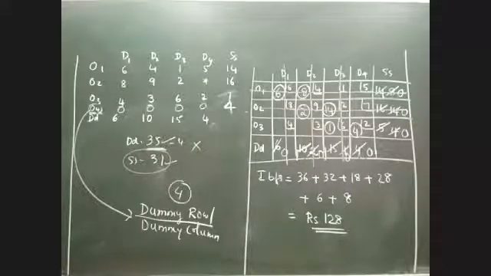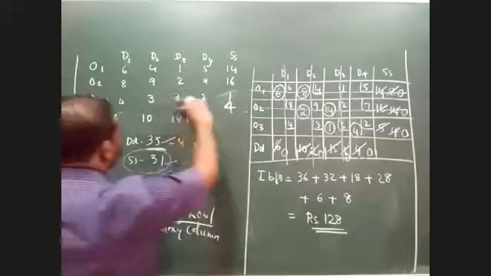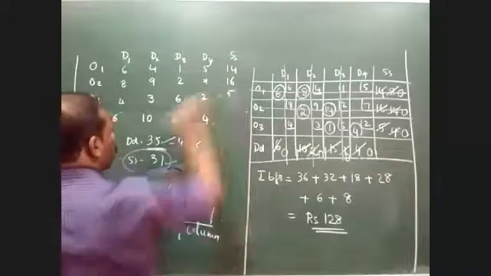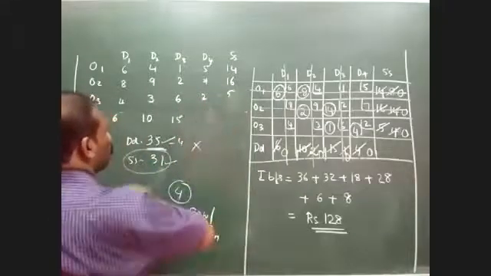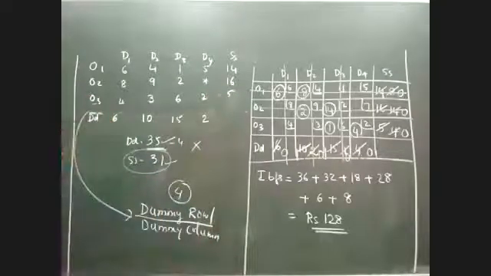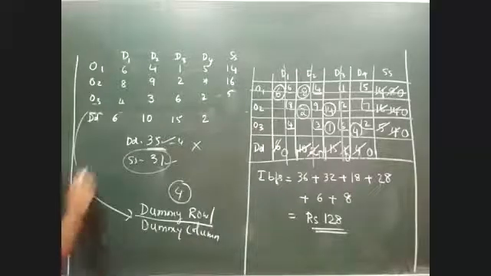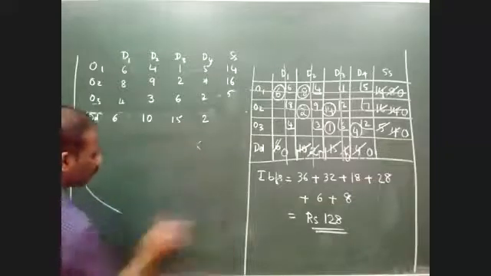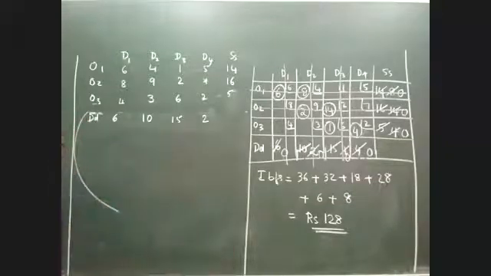Okay. Now, let me take one more point. What if there is a shortage in the column? Let me take that example. I'll take the column, let me take it as 95, and this I will make 0. Now can you please tell me what is the first thing to be done here? I should see what the total of demand is and what the total of supply is. Can you please tell me what is the total of demand here?